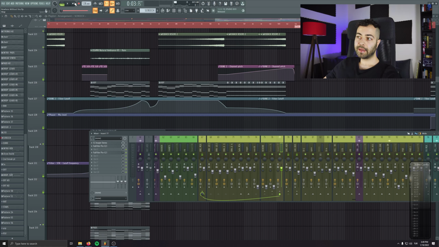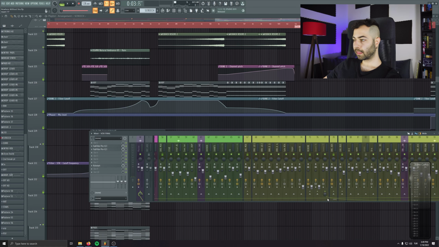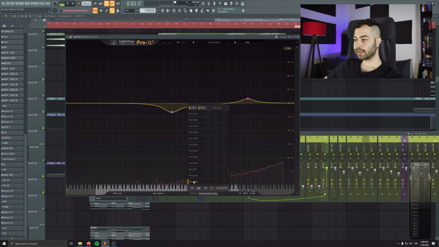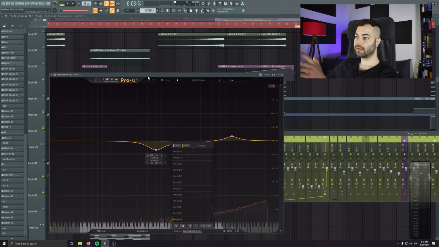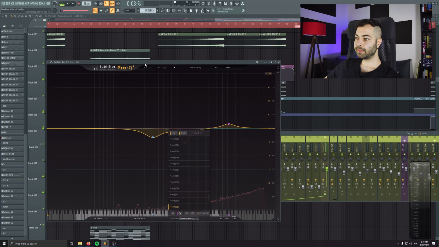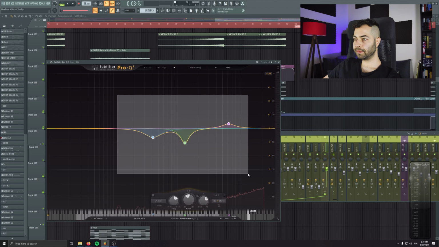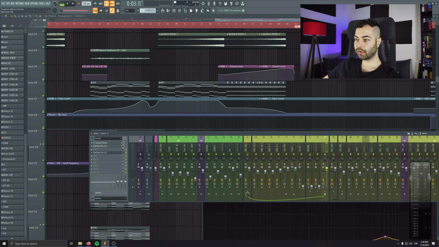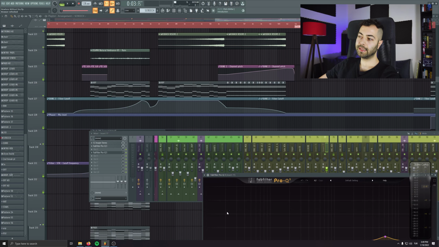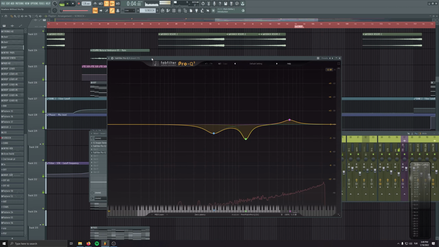it's almost impossible if you use two leads, because vocals are basically leads. At the same time, they are just going to clash. So in this case, we send the vocals to the break leads channel, and in here we have an EQ, and this EQ is listening to the vocals. So when I play them at the same time, this FabFilter is going to show me both my break leads and my vocals. So I can see which frequencies are clashing with each other, and we can just dip those frequencies. We can make an automation for this EQ, and you can activate it when vocal and the leads are playing together at the same time.